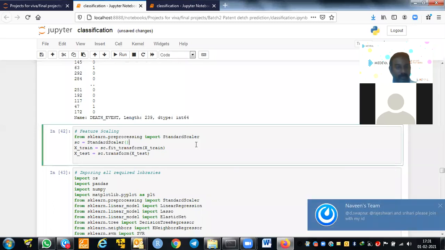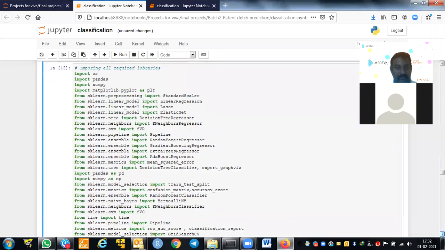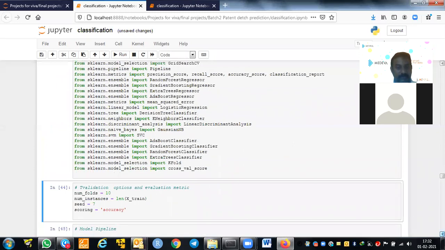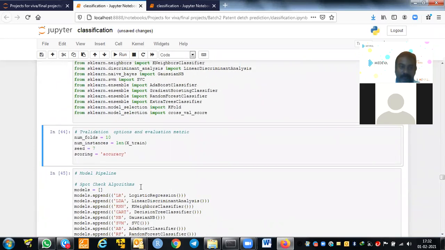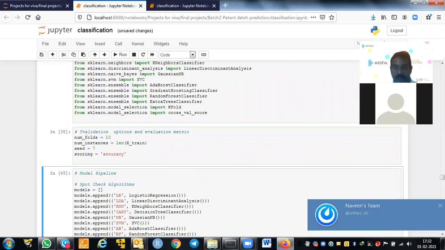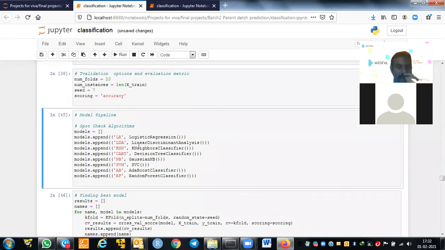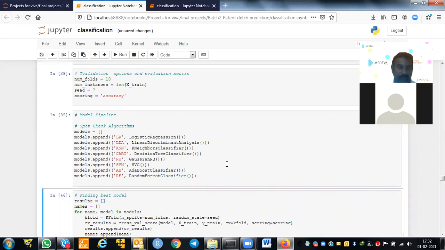So that's what I am doing. Standardizing, I am doing here, both train and test data. Once we do the standardization, now we need to run the classification techniques. Because it's a classification technique, the metric is accuracy, and we are using tenfold validation and all the classification models such as logistic regression, linear discriminant analysis, k-nearest neighbors, CART, support vector machines, AdaBoost, and the random forest. All the techniques we discussed, we are running all these models.